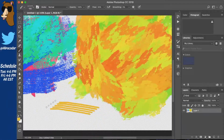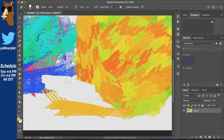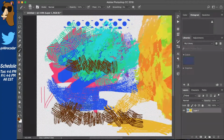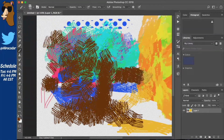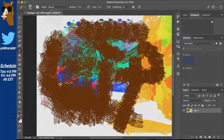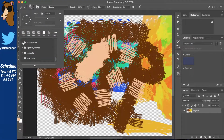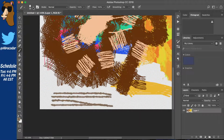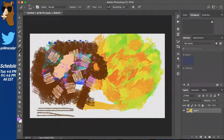My advice for everyone watching out there right now is to not be afraid of downloading brush packs. First of all, if you do it from this website, you're not going to get a virus. This is Adobe's own website. But more importantly, even if you don't envision using every single one of these, it's still good to have them downloaded and imported in case you come across a part in a project when you need something more than just a default brush. If you're still new to the program, my guess is you won't use these at all,